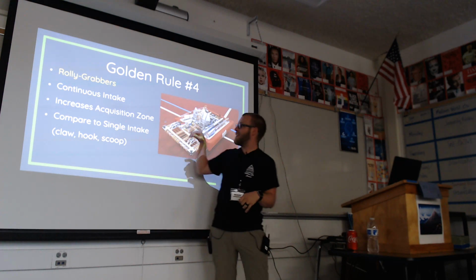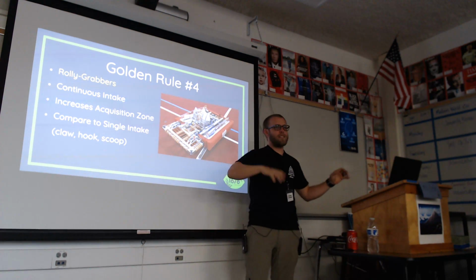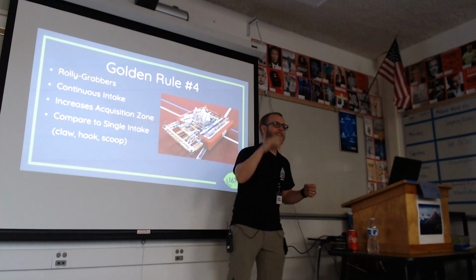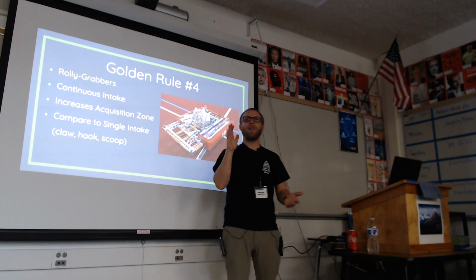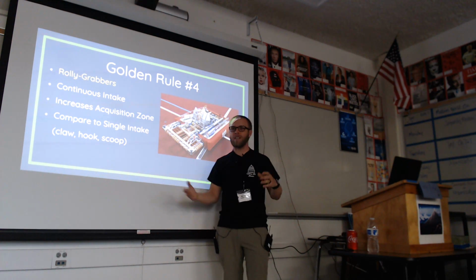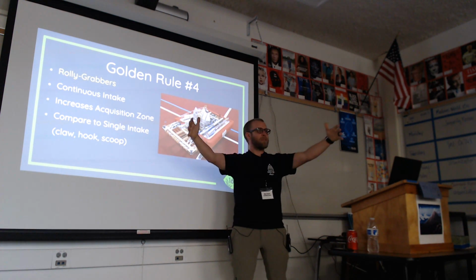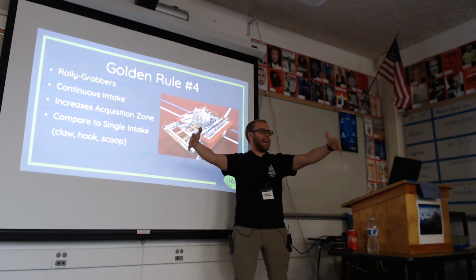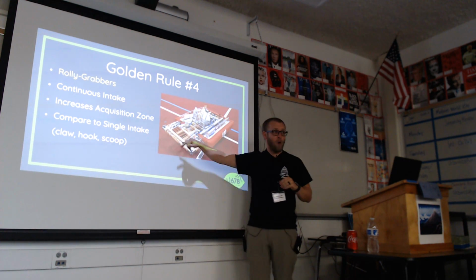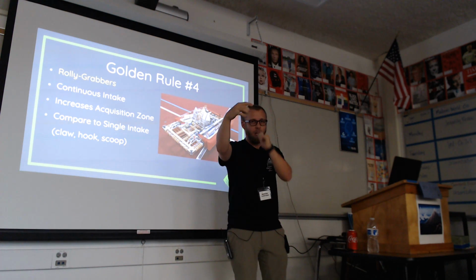All right. This is in direct contrast to what some teams will make. I call it a single intake or a claw, something that needs to be triggered when you're at the game element to acquire it. A good example of this is in 2014, we had these big exercise balls that were probably 40 inches in diameter, right? And some teams were smart. They had rolly intakes, so they just go up to the ball and the wheel would suck it into their